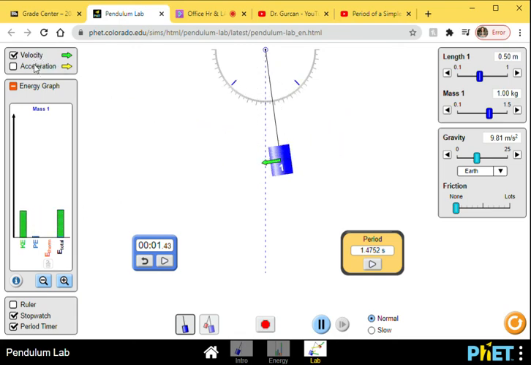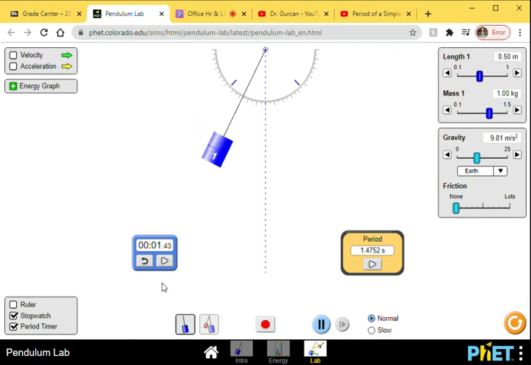You can also click on velocity and acceleration just to see their direction and magnitude, how they change throughout this motion. But basically, it's a pretty simple